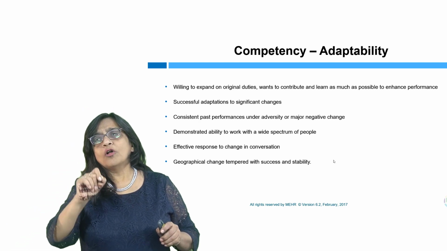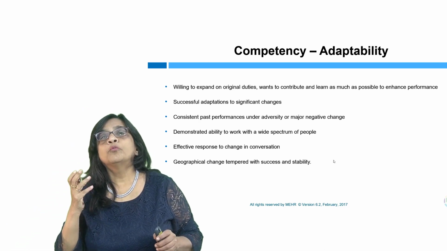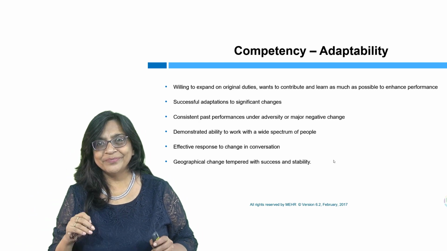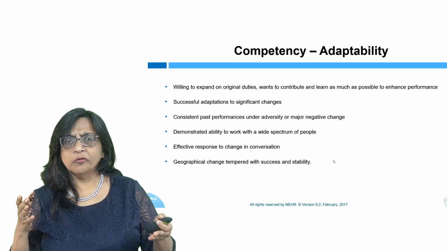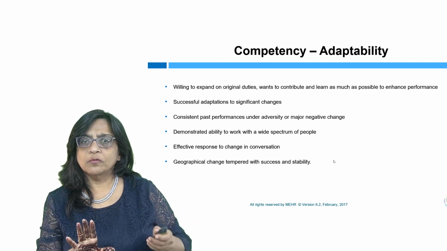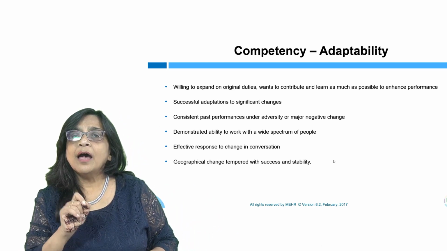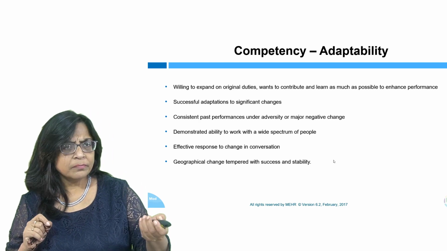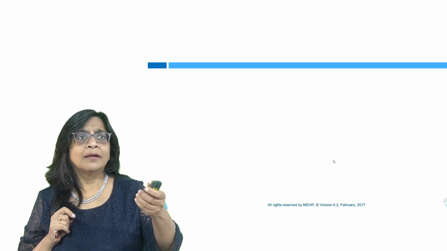Now, once I have all these indicators, I can put a scale on it. Depending on the level, I don't have to have all of them. I can't test a person on all of them. I might choose 5 or 6 of these indicators, and then I put a scale on it. Let's see what a scale looks like.